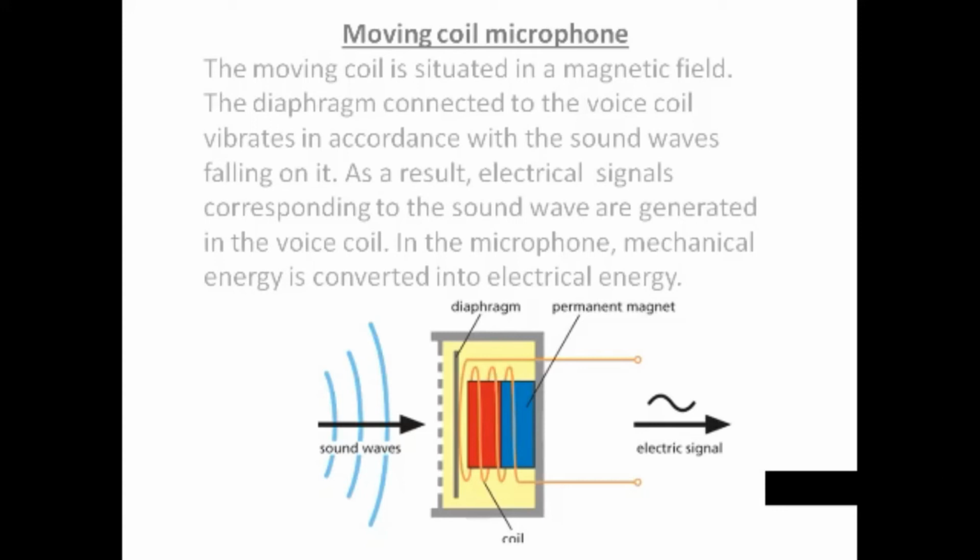So this moving coil microphone works on the basis of electromagnetic induction. The sound waves vibrate the diaphragm and help move the permanent magnet. Based on the motion of the diaphragm, self-induction occurs, and that self-induction changes the mechanical energy into electrical energy. Here no loss of energy occurs. The complete mechanical energy is converted to electrical energy in an amplified form. Okay, and this is the moving coil microphone.